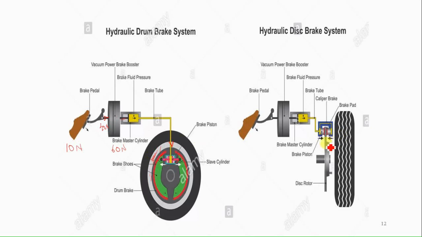Now here is the same diagram, but in this particular case the disc is rotating in place of the drum. Over the disc there is a caliper, and that caliper provides the necessary braking action. This is the caliper action. There are 2 pistons, and these 2 pistons stop and slow down the rotating disc. So the drum brake and disc brake provide the necessary braking effort.